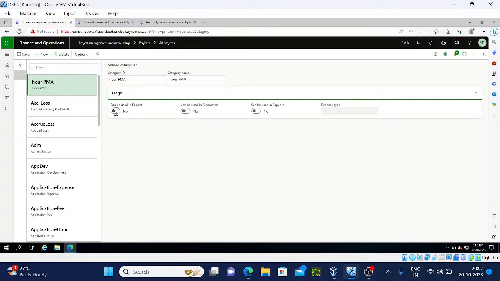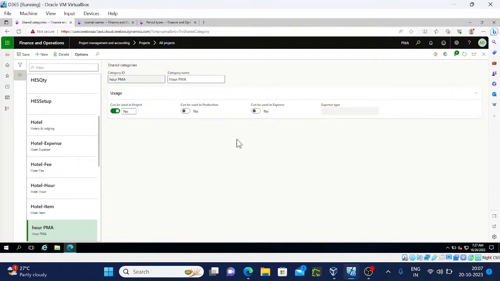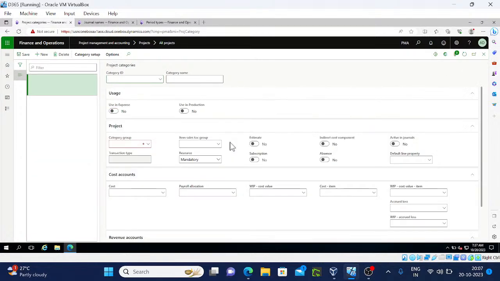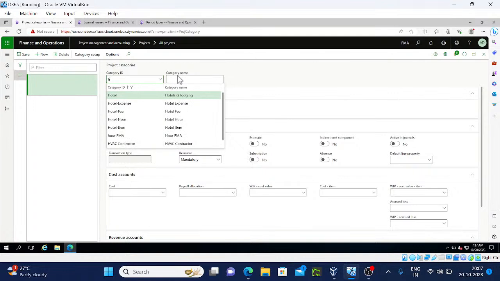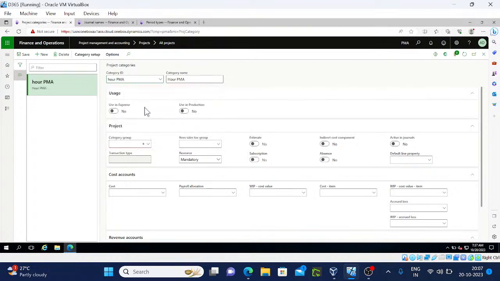Can be used in project, yes. Can be used in expense. If you want to do, you can do that. I'll enable only this one. PMA. Once it is selected,